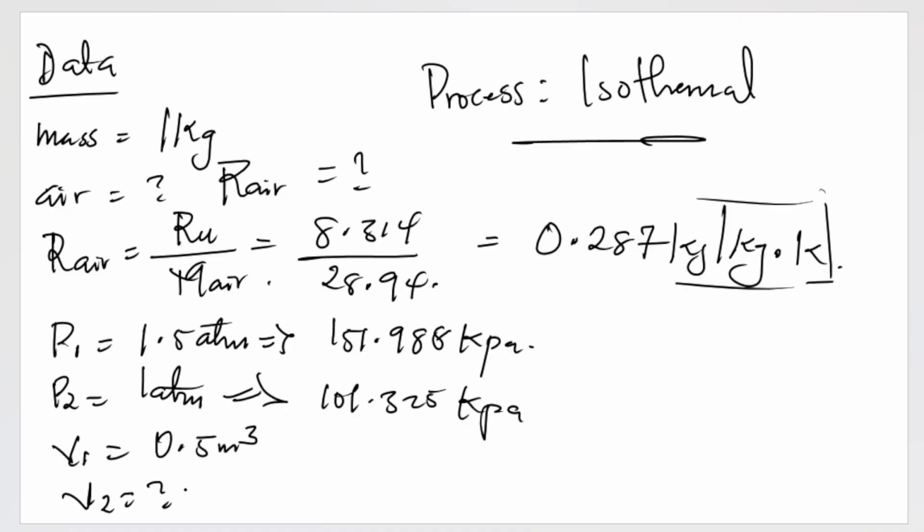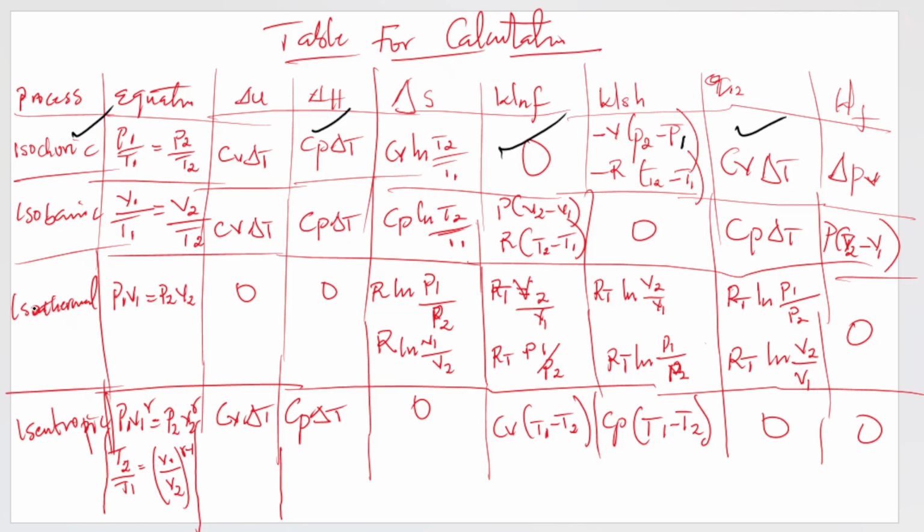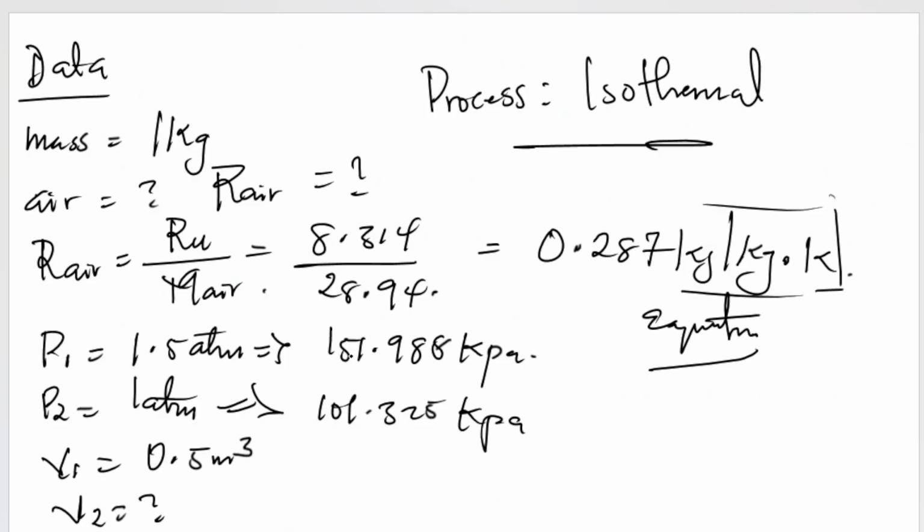V2. Now recall that the equation of state for your isothermal process, from the simplified table I gave you, is P1 V1 equal to P2 V2. This is Boyle's law. So if we are to use the Boyle's law equation, we simply have P1 V1 is equal to